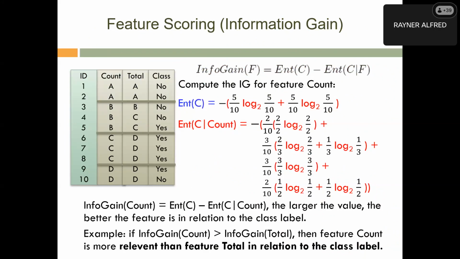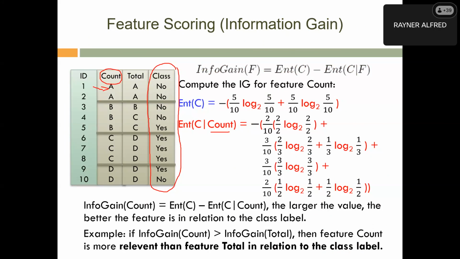So for example, like this. Okay, so this one we have the data here. This is before splitting. So we have 5 no, 5 yes. So 5 no, 5 yes, this is what we get. Okay. And then, given the feature count, if we use this to split the data,